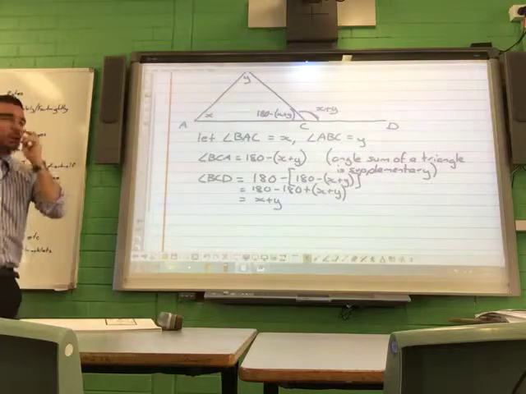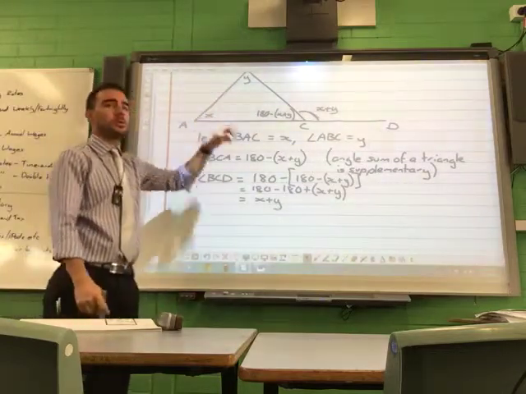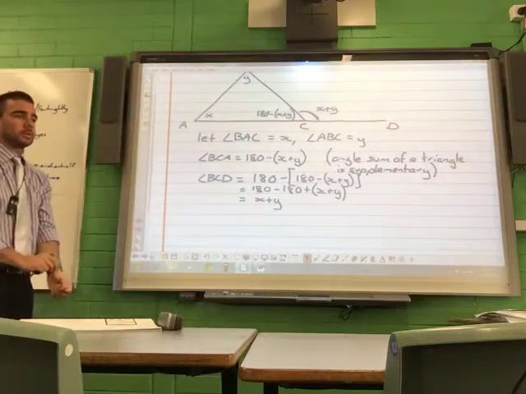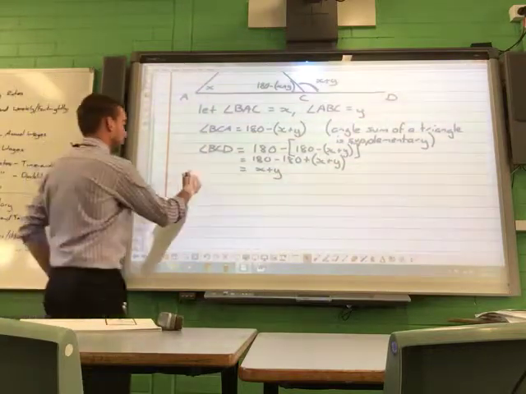So, the exterior angle of a triangle is equal to the sum of the two opposite interior angles, okay? Therefore,